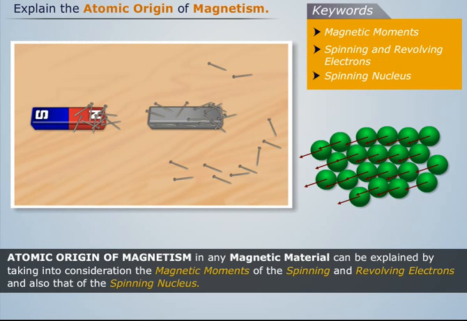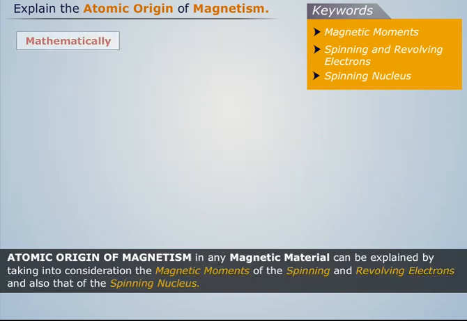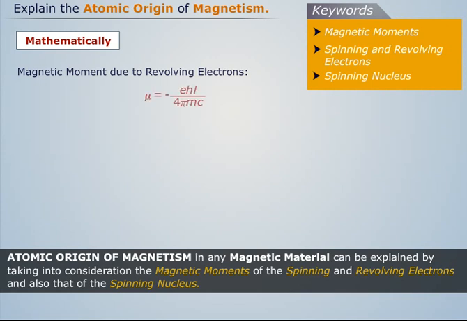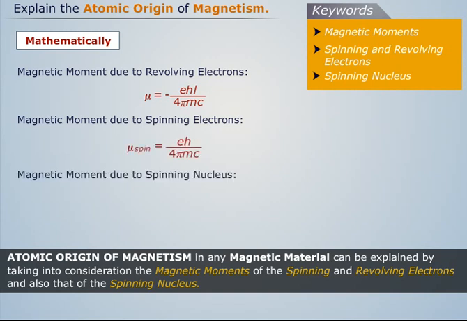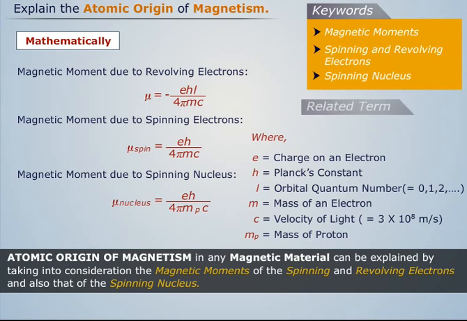Thus, we can say that the atomic origin of magnetism in any magnetic material can be explained by taking into consideration the magnetic moments of the spinning and revolving electrons and also that of the spinning nucleus. Mathematically, the magnetic moment due to the revolving electrons is given by, the magnetic moment due to the spinning electrons is given by, and the magnetic moment due to the spinning nucleus is given by, where the related term is